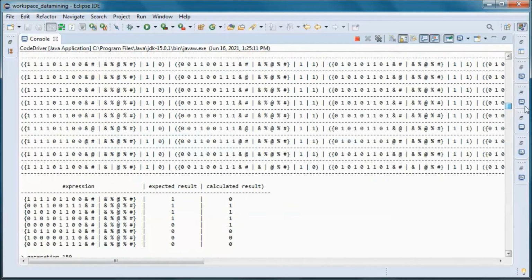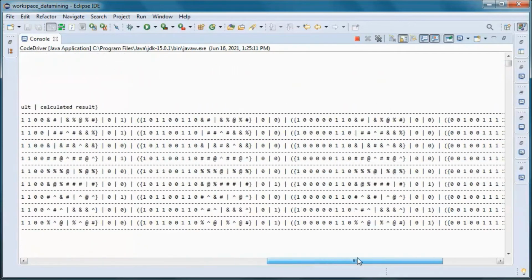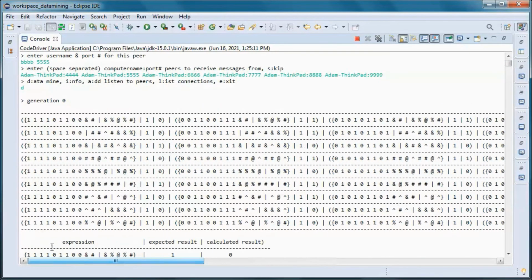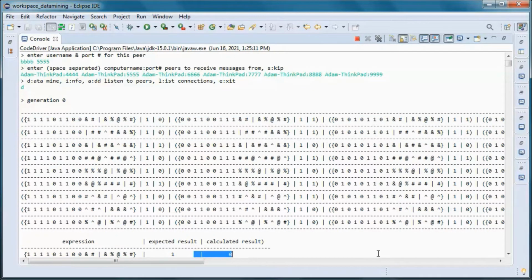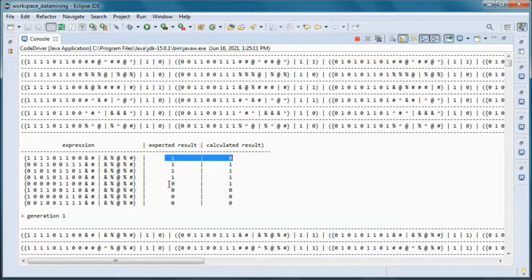So we start from generation 0, where the fittest group of expressions has a fitness of 6. So this is a table representation of that group of expressions, and those two do not match, and those two do not match out of 8 expressions.